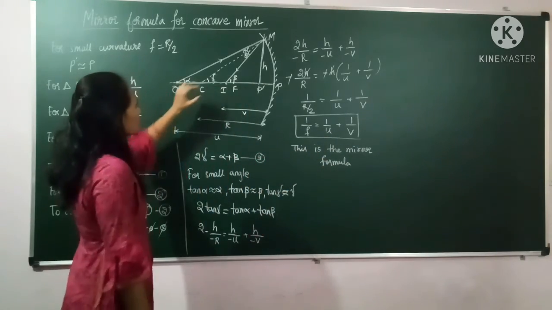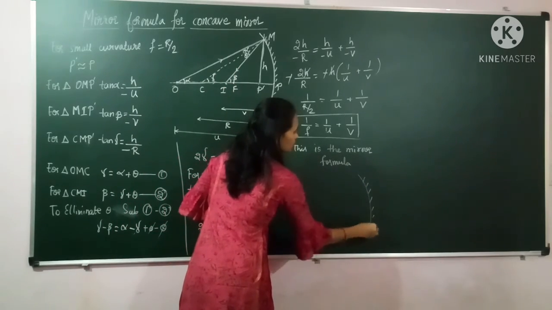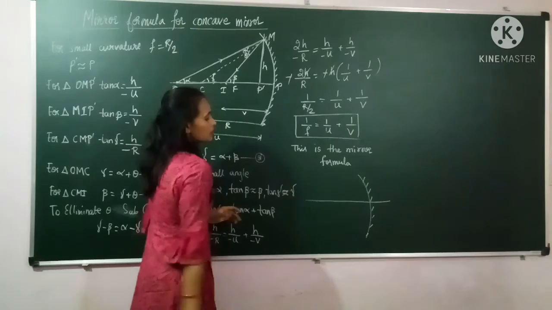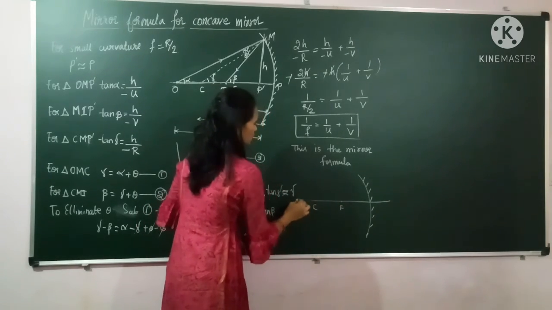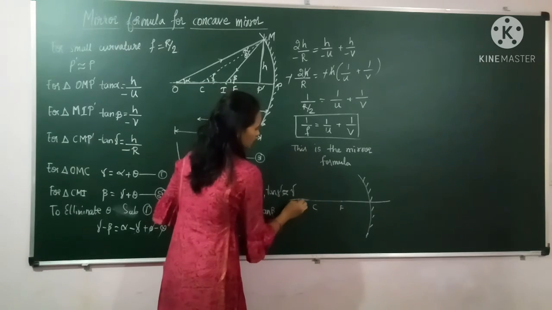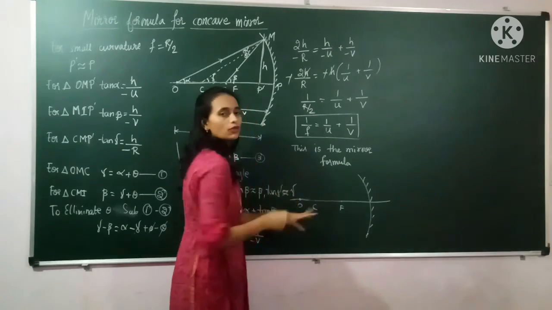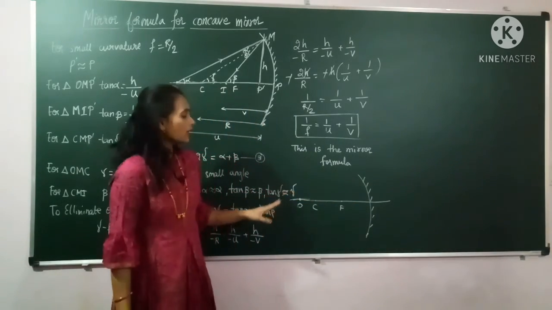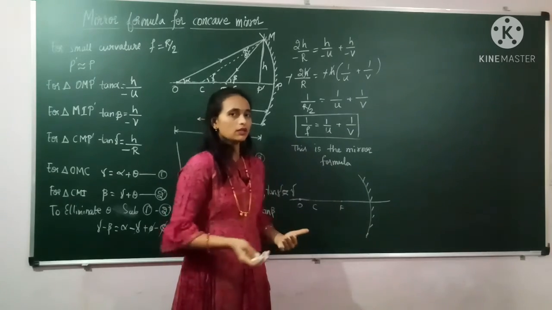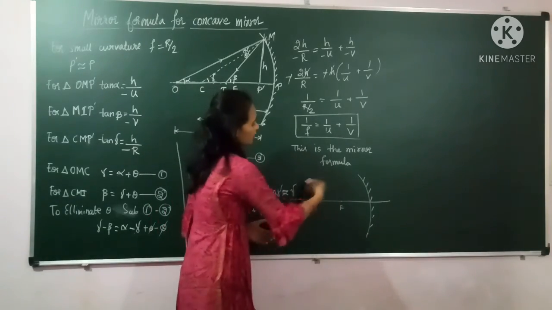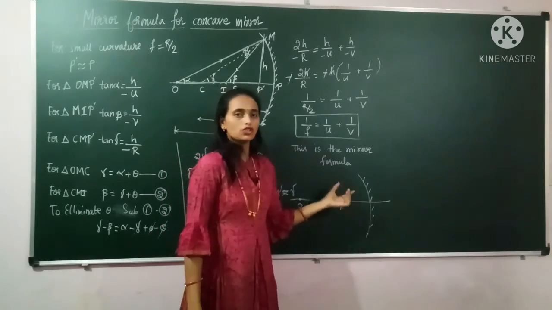So now see here, if we take any concave mirror, in this, here will be the focus, here somewhere will be the center of curvature, and anywhere we can place the object. If I place here, anywhere in front of the mirror, I will place the object. And now to find out where the image will be formed, every time if we start to draw the ray diagram, then it will be very difficult to find the position of the image.